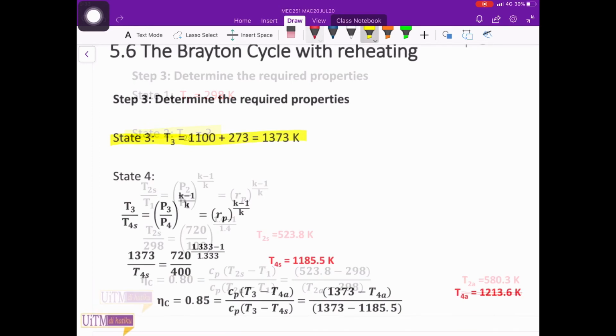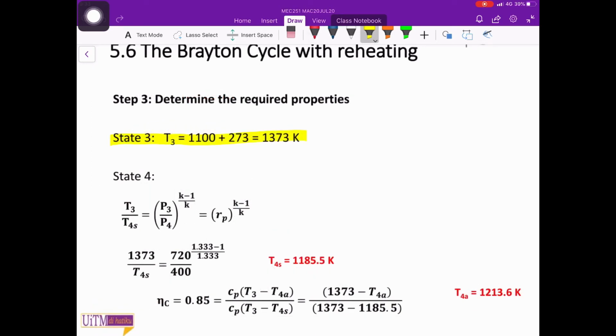The temperature for state 3 also has been given by the question, 1100 degrees Celsius, and if you convert to unit Kelvin, we are going to get the value of 1373 Kelvin. For state 4, we are going to use the isentropic relation for the temperature and pressure to find T4s. After we substitute all the required values and calculate, we are going to get the value of T4s is equal to